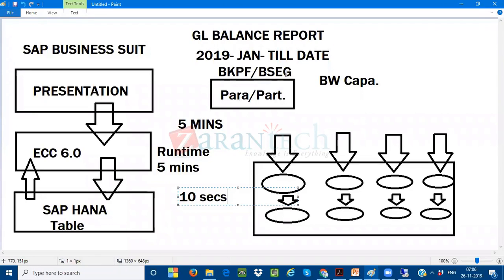Whatever data I got from the table, I do all the compiling in the SAP HANA database, not in the ECC. Earlier, the Oracle database sent the database table to ECC, and ECC had to do the compiling. Now the compiling is done by the SAP HANA database itself. Your in-memory database compiles your reports, and once the compilation is successfully done, it sends the report back to you. Now you can see the report in SAP Fiori. I'll tell you what Fiori is.